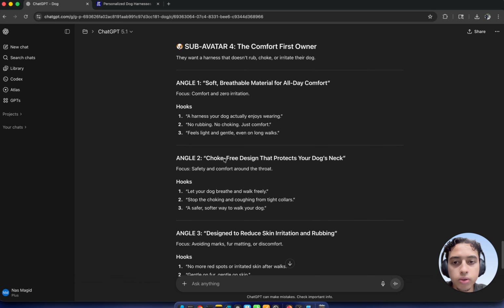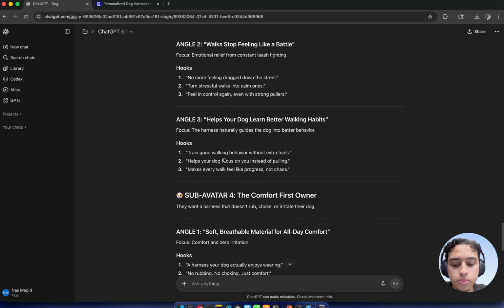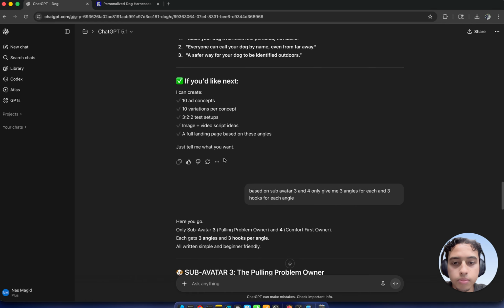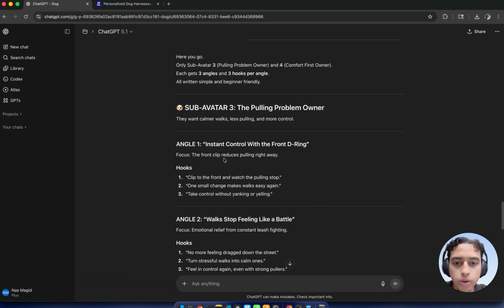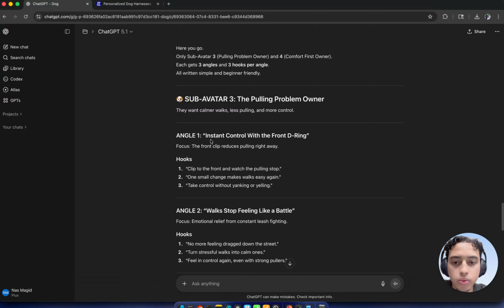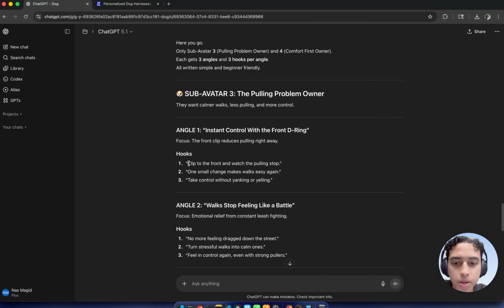So what you want to do is, let's go all the way to the top, scroll down. So when it comes to testing, let's say I'm testing sub avatar 3, and we're using the 322 method, which helps you find the best hook from the best angle based on that sub avatar. So whenever you're running the 322 method,